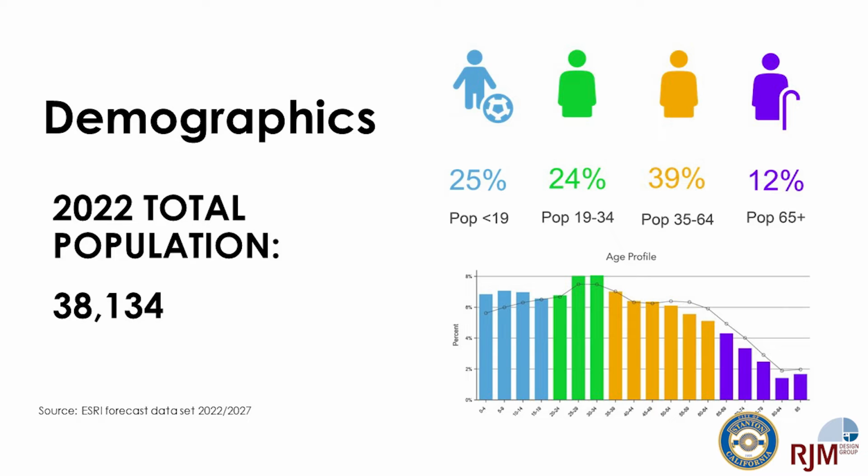As part of that background information, we also look at the community demographics. In 2022, the population was recorded as just over 38,000. We see the highest age range of that population being between 35 to 64, coming in at 39%. We also look at that average in relationship to the county standards. The county age ranges for youth is lower than the city of Stanton. Also, inversely, there are less seniors in the city of Stanton compared to the county average.